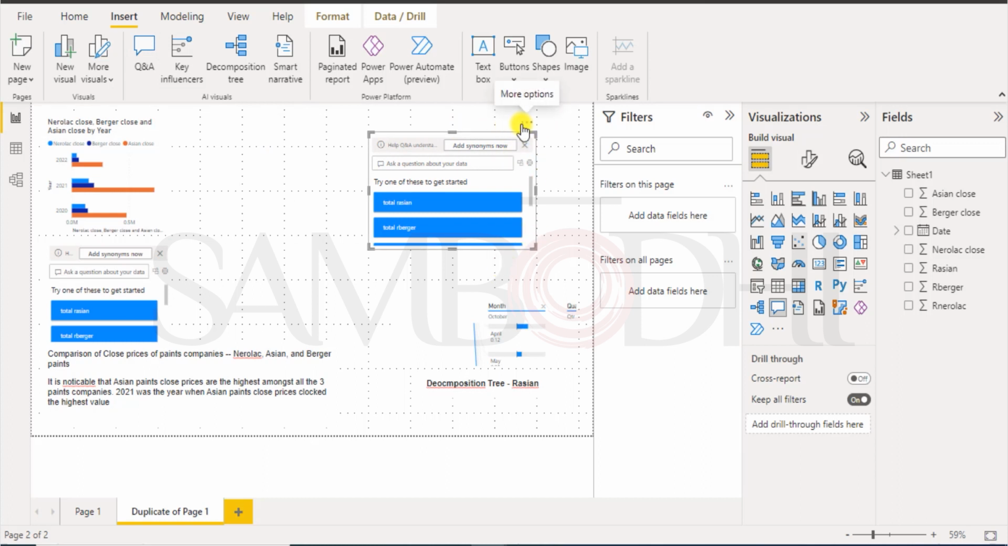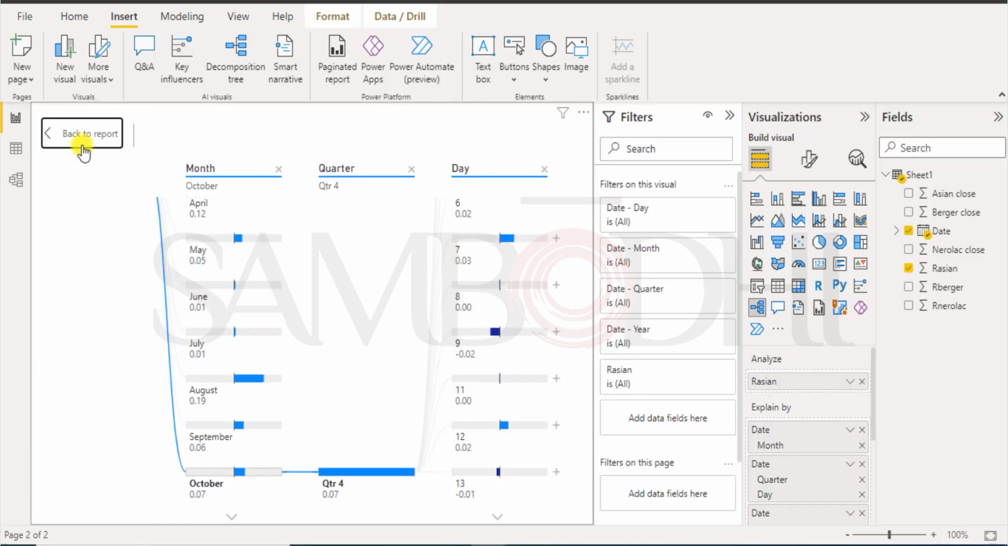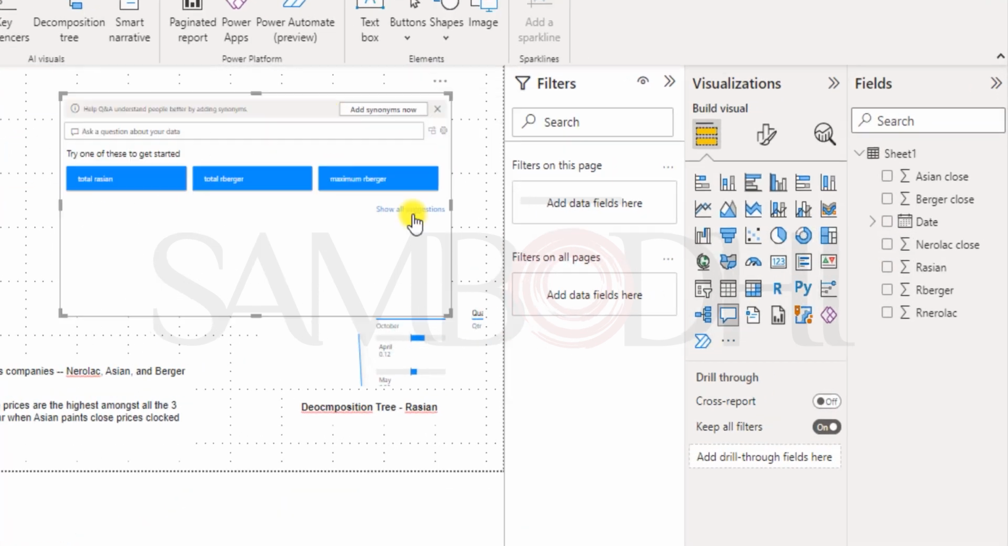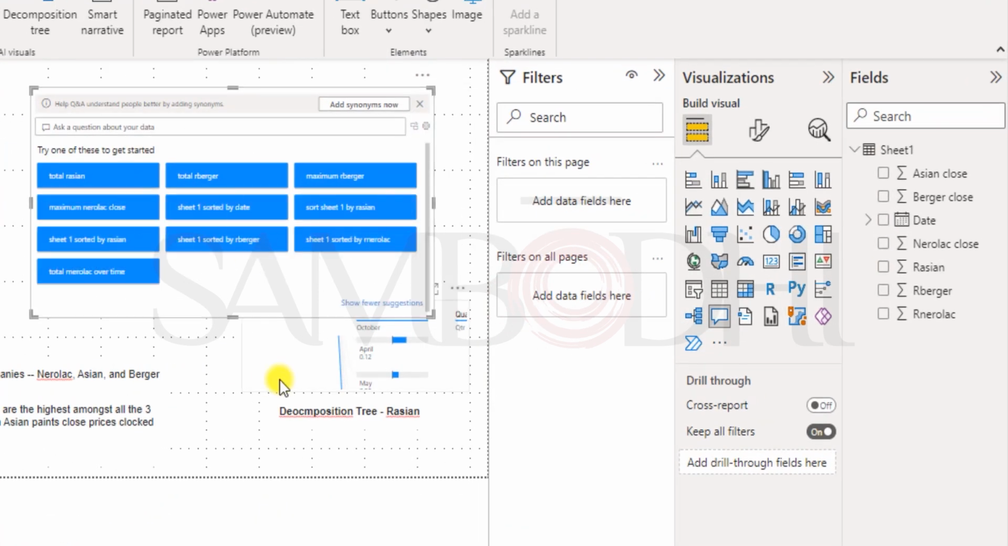And let's click on the focus mode. Oops, no, that's not this. Okay, you don't get any focus mode out here, is it? Show all the suggestions. Now, what happens is when you add this, it creates a Q&A type pattern, which is, of course, an AI visual feature. So it suggests which types of questions you can ask to get a better understanding of the report